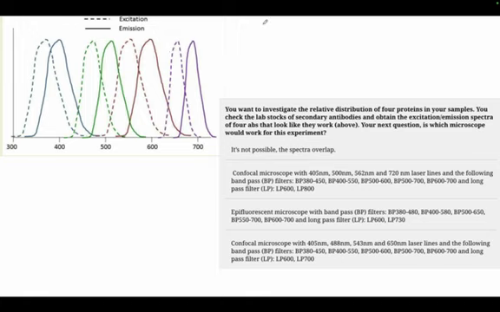Since we want to get a fairly good resolution to check the relative distribution of 4 proteins, we will not use an epifluorescent microscope, we will use a confocal microscope. Then when we look at the excitation spectra, we see which of these is most appropriate for